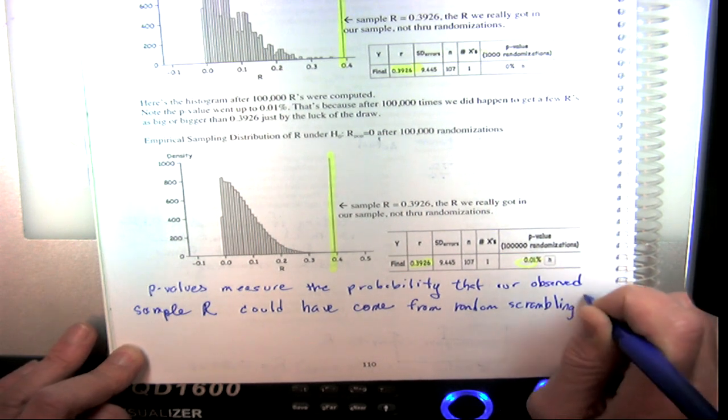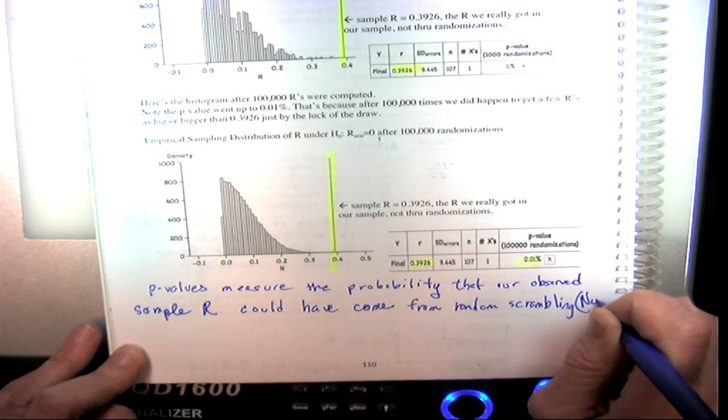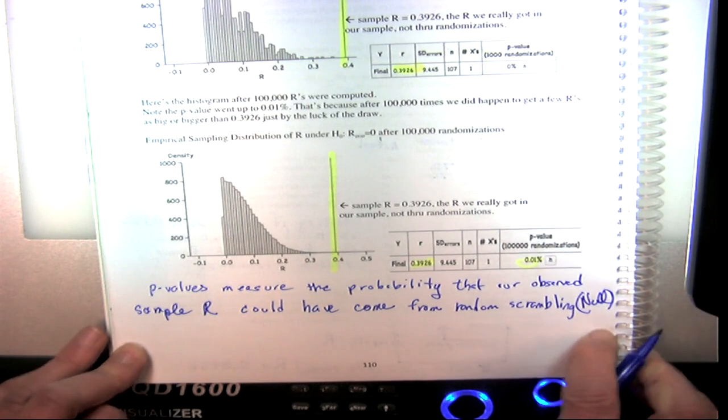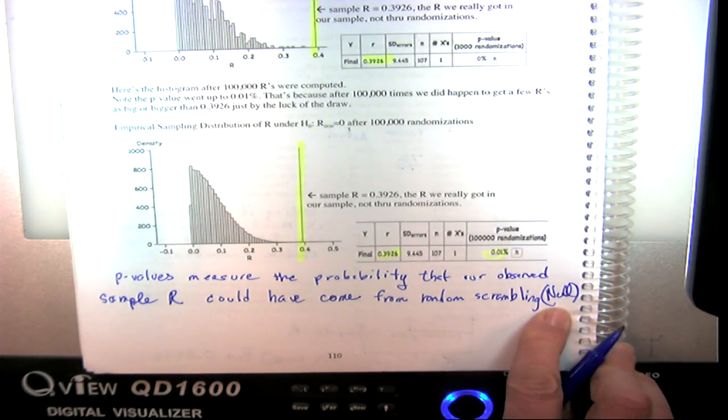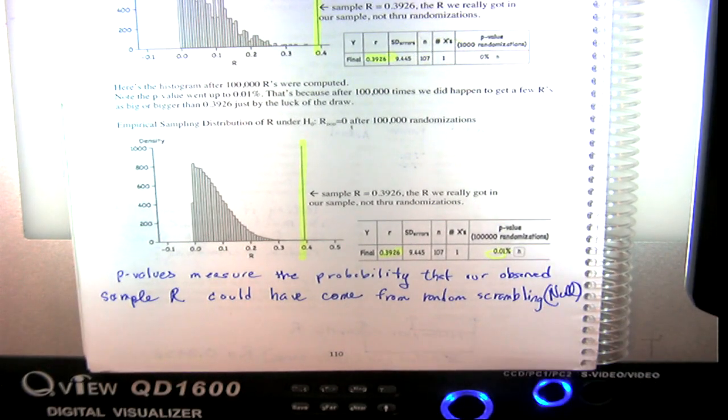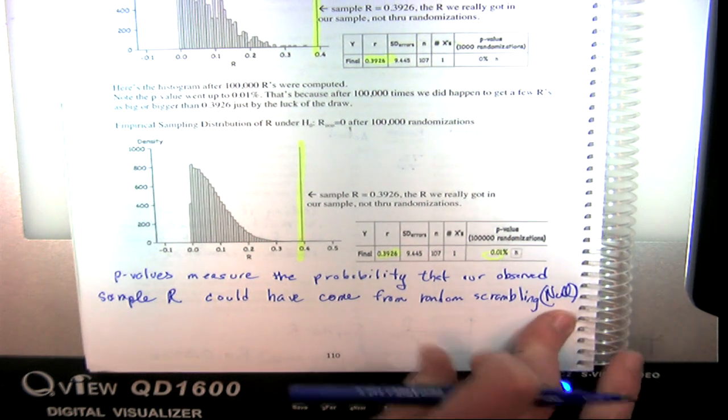And that's always the null. You assume, that says from random scrambling, our null hypothesis, you assume the null, and you say, okay, what's the